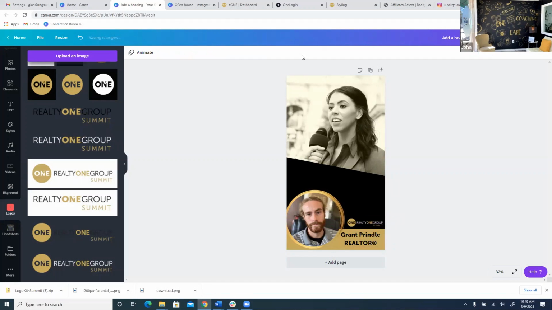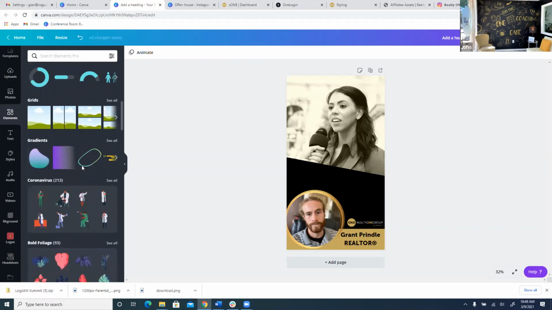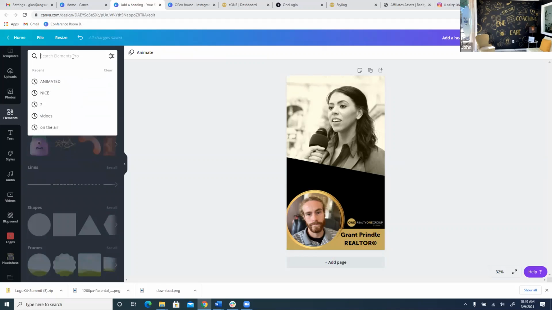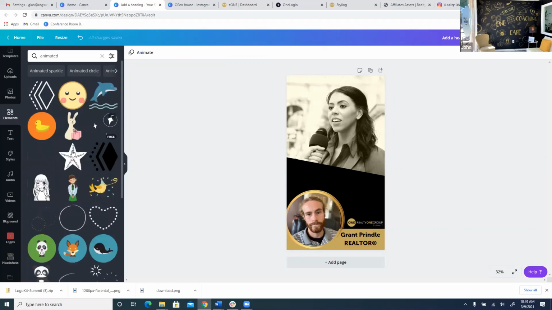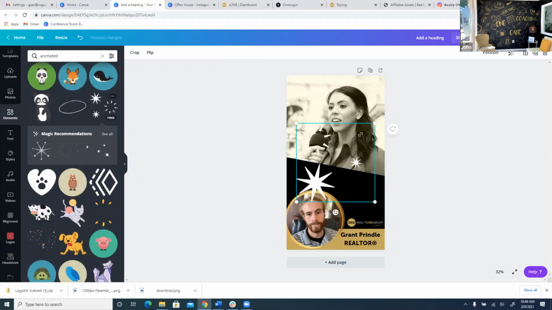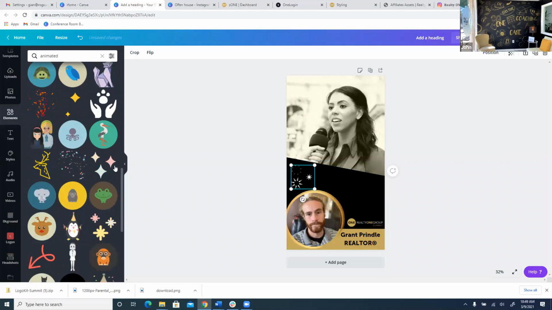Then you punch in necessary information, but again, the basis of this example is animated, make an animator, right? If you come over here on their elements, you see that there's some that are recently used. You can just quickly type in animated, like that. And then it gives you these animated stickers you can drag and drop, just like that. If you want to do something like that, but I think the really cool feature that Canva has is